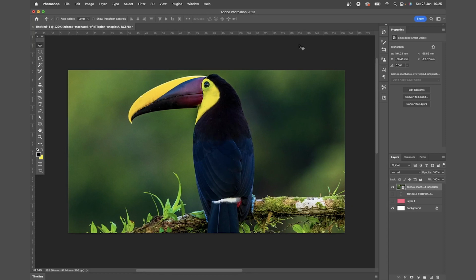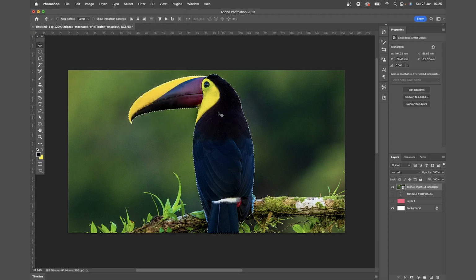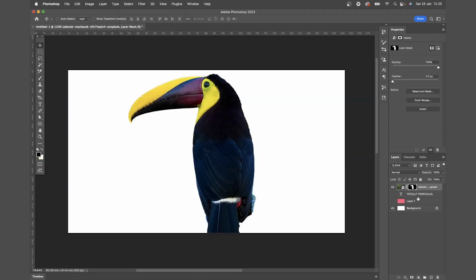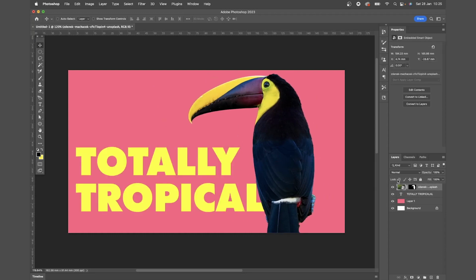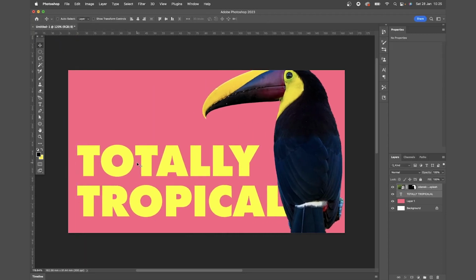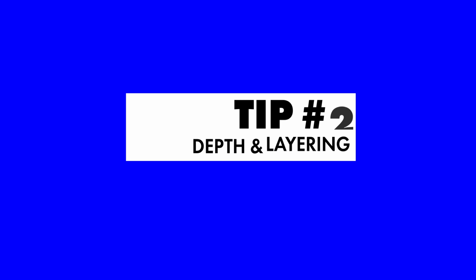graphics. Now this even works with quite complex imagery with really tonal backgrounds like this one. So we're going to do the same thing, select subject, and let's see what happens. So again, you can see it has come out quite well considering how busy the background was. So that's going to allow me to quickly and easily make layered designs by combining this with different colours and typography. Speaking of layering, for our next tip, I'm going to show you how to create quick depth and layering